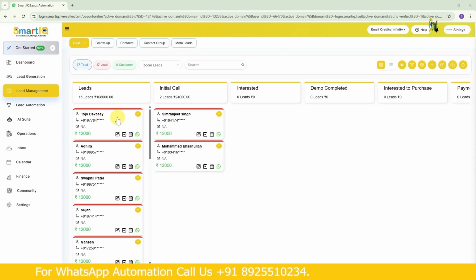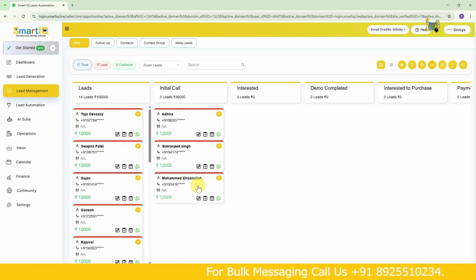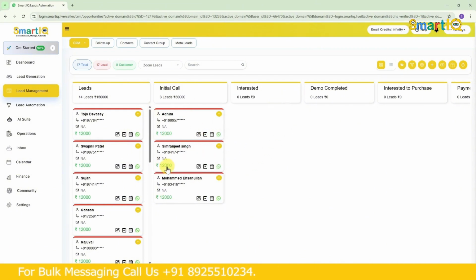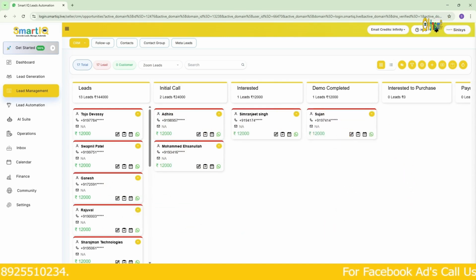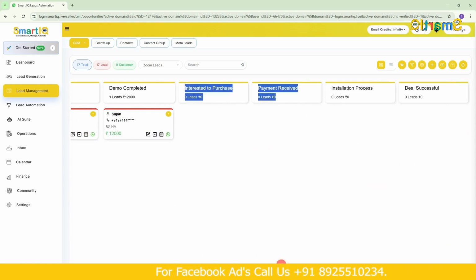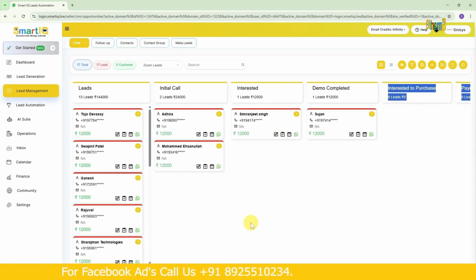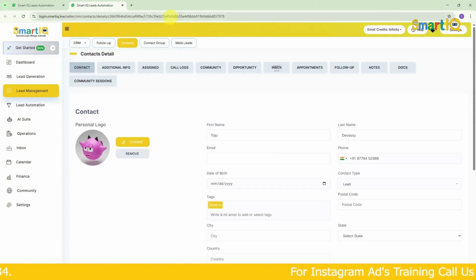So now I'll first show you how this works. For example, there is someone named Adhira. She is in the leads. If I initially call and talk to her, then I'll drag and drop her here. If they are interested, I'll move them to the interested stage here. Next, if the demo is completed, I'll put them in the demo stage. So like this, one by one, we can drag and track all the leads and customers to see which stage they are in. If I click on this customer, all their details will open up for me in another tab. Okay, I can check that here.